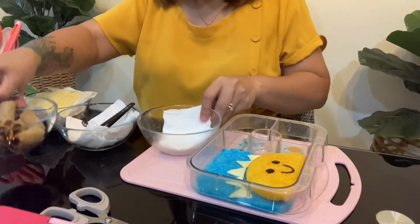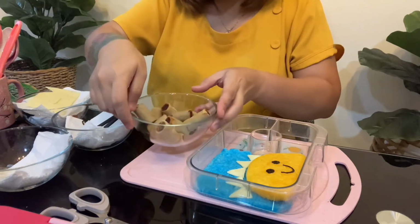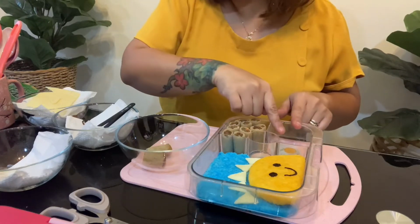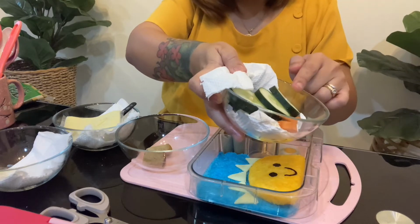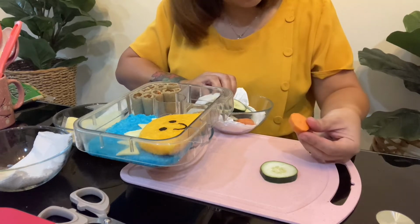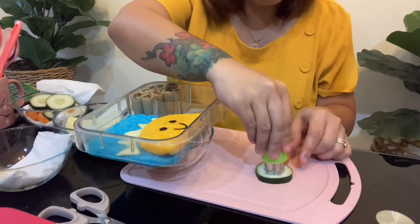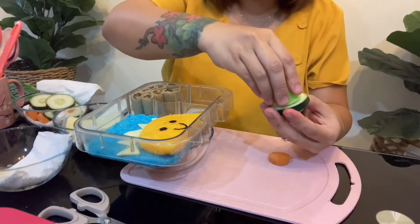Then, we'll put the ulam. So, again, you can do with whatever ulam that you have, kahit leftover pa yan. So, this is gonna be the protein part of the bento box. Here sa side na to, we'll put the vegetables. So, we have here cucumber and carrot. So, get your cucumber and then get your carrot. Meron akong food and vegetable cutter here. Ayan, flower shape siya. Gagawin nyo lang dito sa vegetable cutter is just put it here like that and then